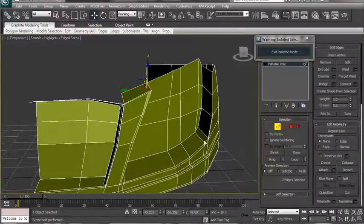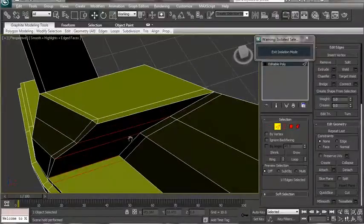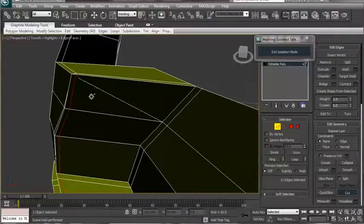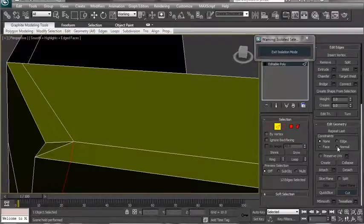Okay, let's go to the edge mode. Let's add a ring selection, and let's add a connect, and use the cut tool to cut the way across this place. And we are already in the edge mode. Let's now remove this edge,